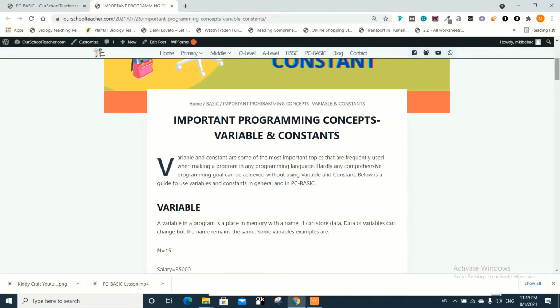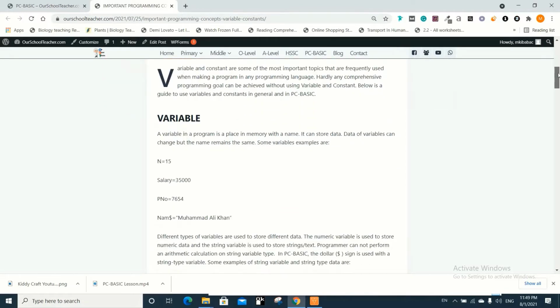The examples which have been given here, let's discuss them. For example, n is equal to 15. Here n is a variable and 15 is the constant. Salary is the variable and 35,000 is the constant. This is how normally variables and constants are used in different languages.